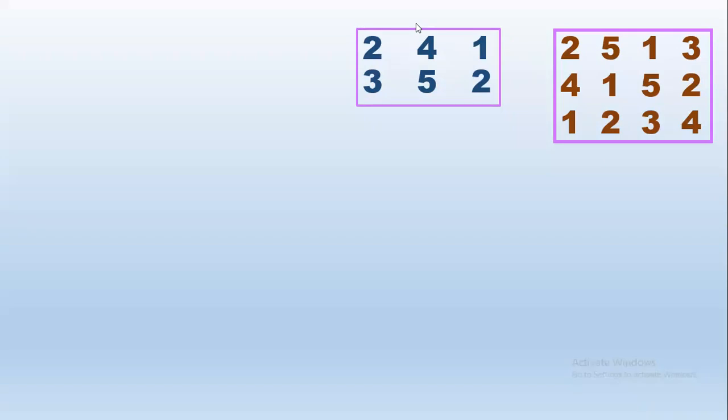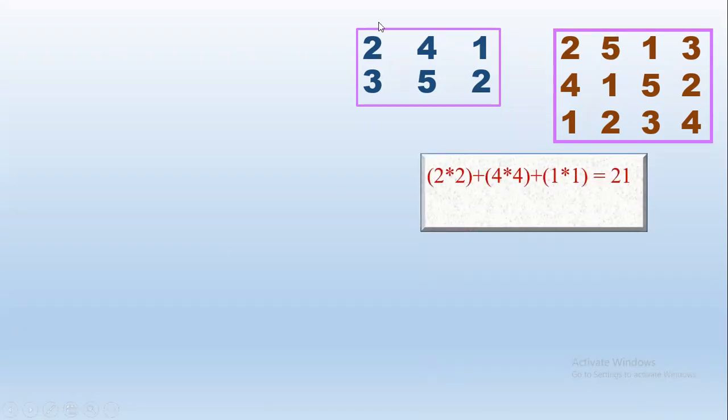Similarly, how will we get the second element? 2 into 5 plus 4 into 1 plus 1 into 2. Exactly. For the second element, we have to multiply first row with second column. Similarly, first row with third column, then first row with fourth column. This will give 4 values in the first row. Second row, next we have to multiply with first column. That will give second row first element. Similarly, second row, second column. So this continues till the end. We will get 4 values in the second row. So that is how we are going to perform matrix multiplication.